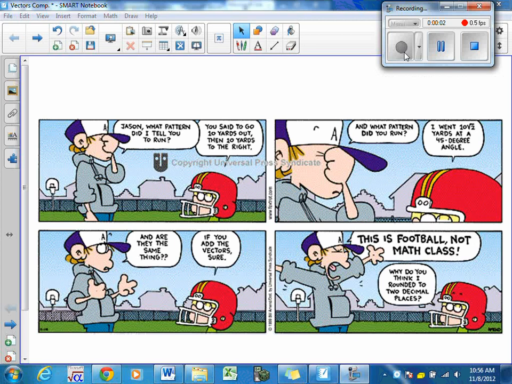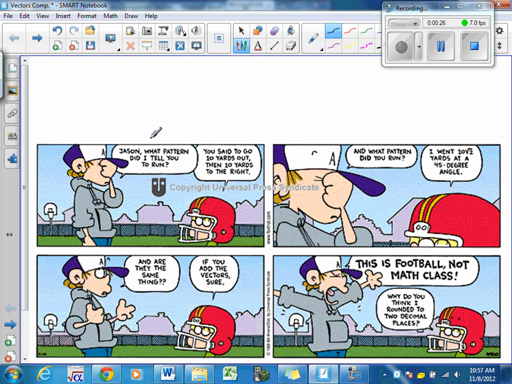Our last section on vectors is going to be on component vectors. And this comic really explains the idea of component vectors. As you read that, one person is saying go 10 yards out and 10 yards to the right. The other person says go at a 45-degree angle, 10 square root of 2. So if you think about what this comic is saying,